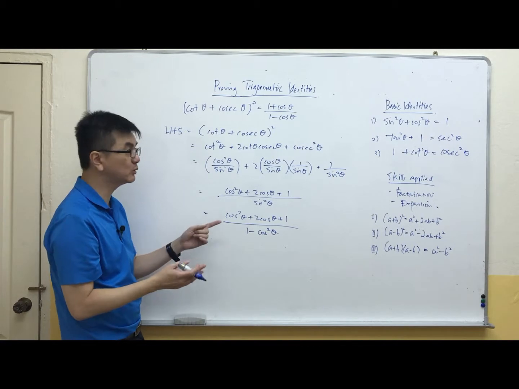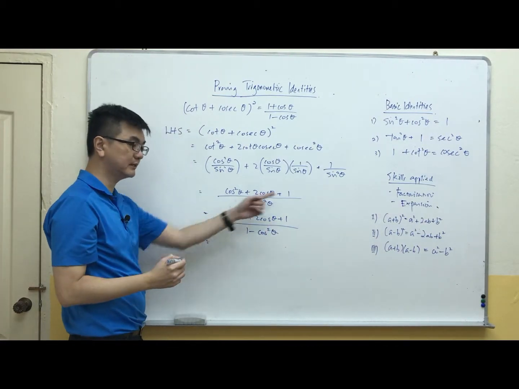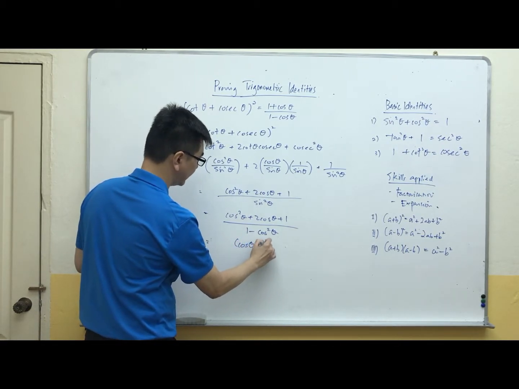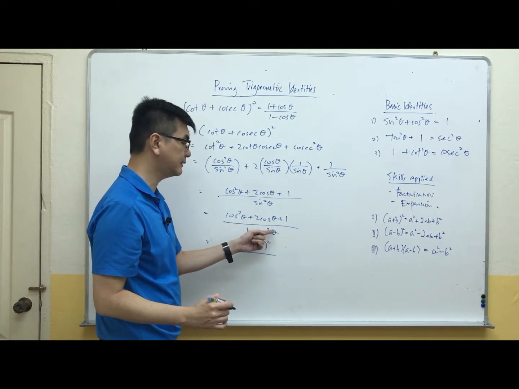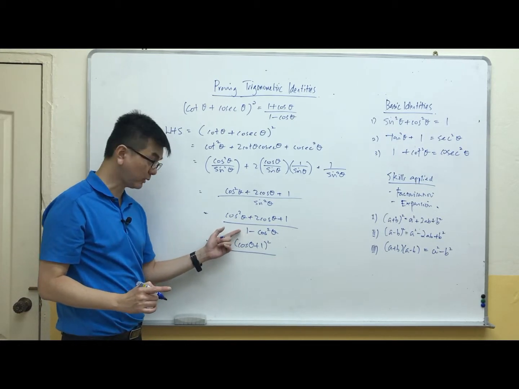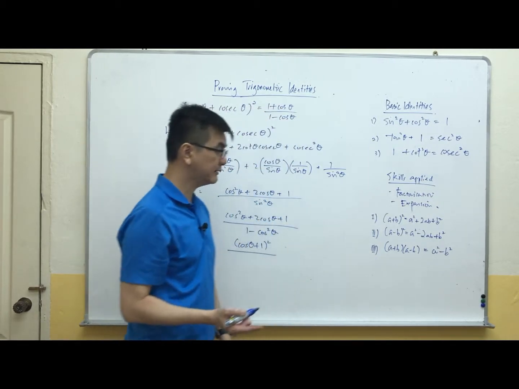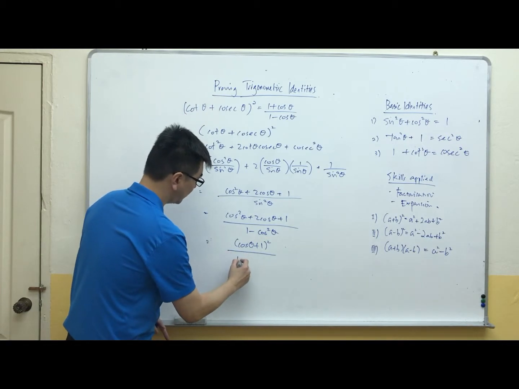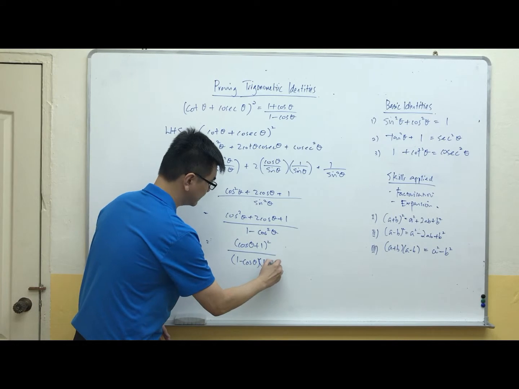In the next step, I'm going to do factorization. This numerator is actually a perfect square, so this is cosine theta plus 1 square over 1 minus cosine square theta. If you can recognize, this is actually the difference of 2 squares, as 1 is actually 1 square. So we can make use of the factorization for difference of squares, the third one, and we can do 1 minus cosine theta times 1 plus